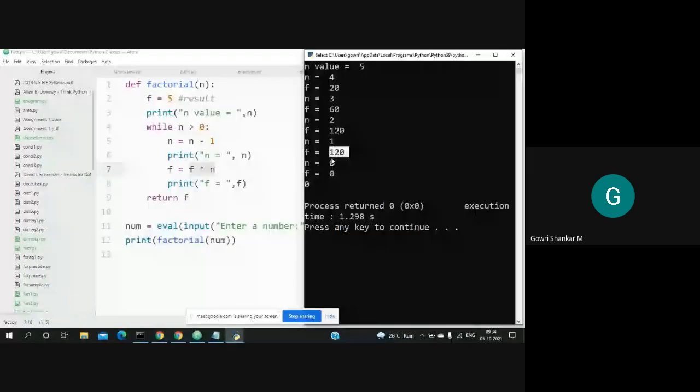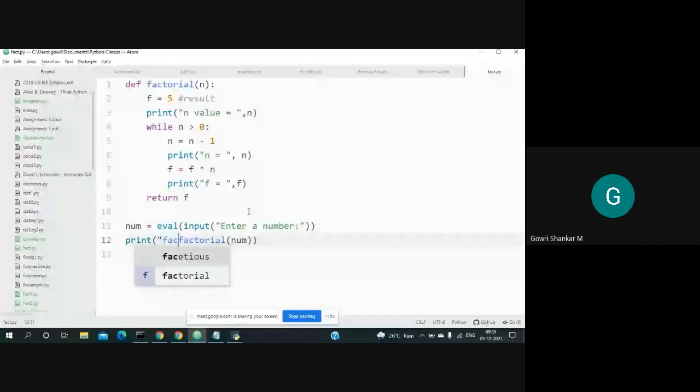Next iteration, n is equal to 1 now. And when n is equal to 1, what is happening? We are going inside and decrementing n. So now n is becoming 0. When n is becoming 0, if you multiply that 0 by this f, it is destroying our entire result. Is it not? This is the problem with the factorial that we are calculating by using this function.